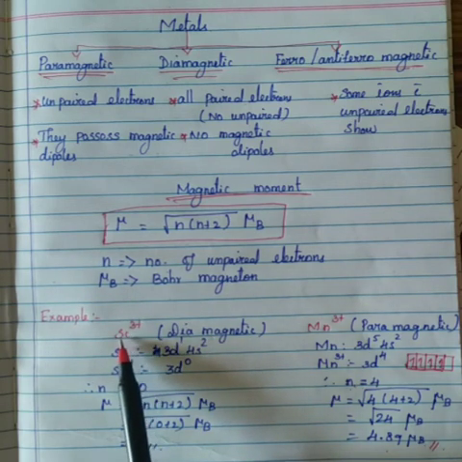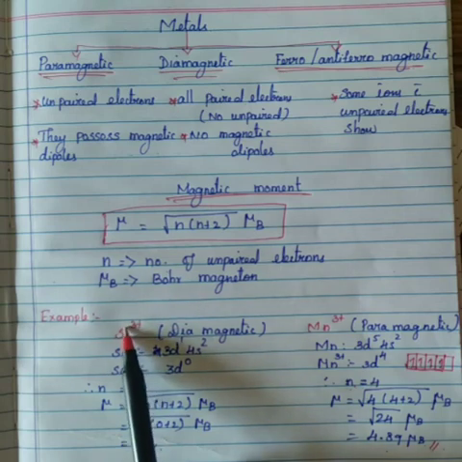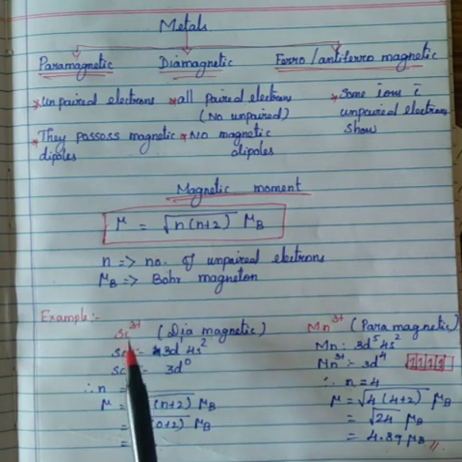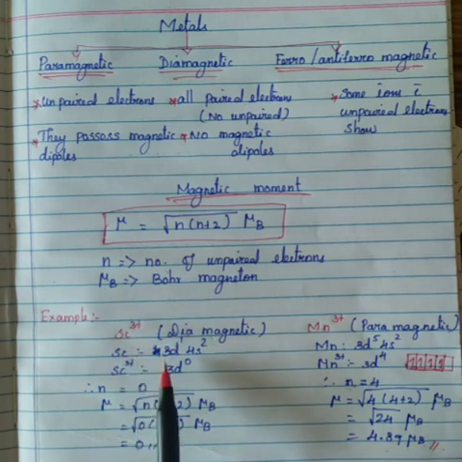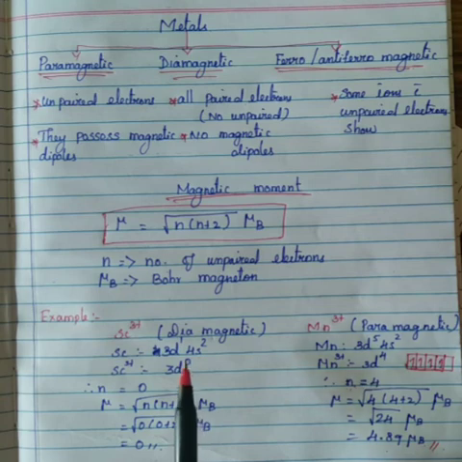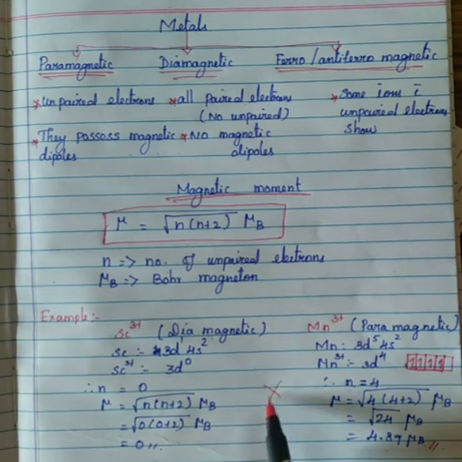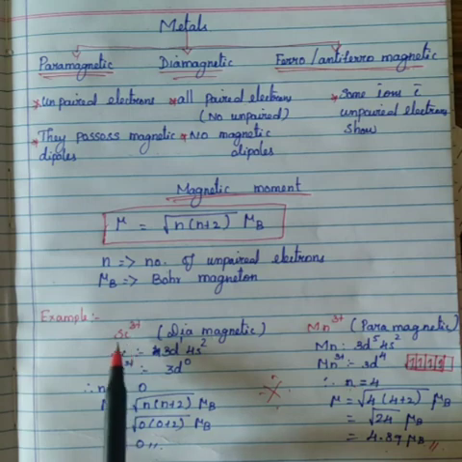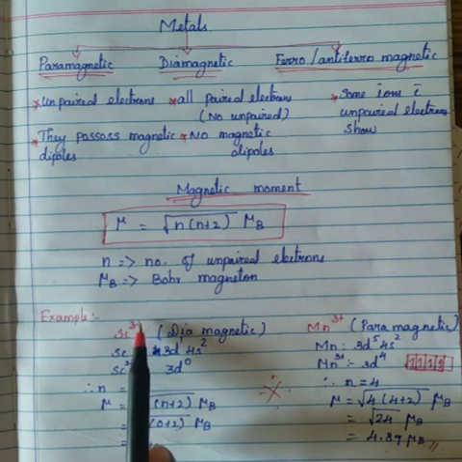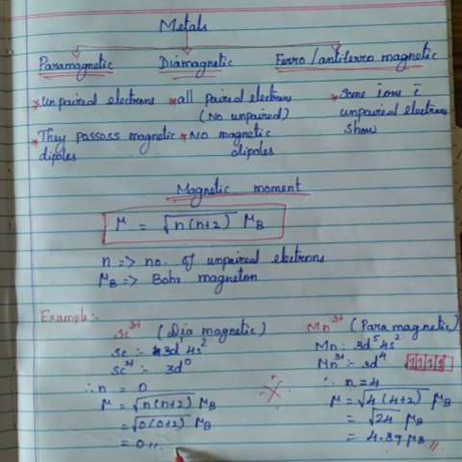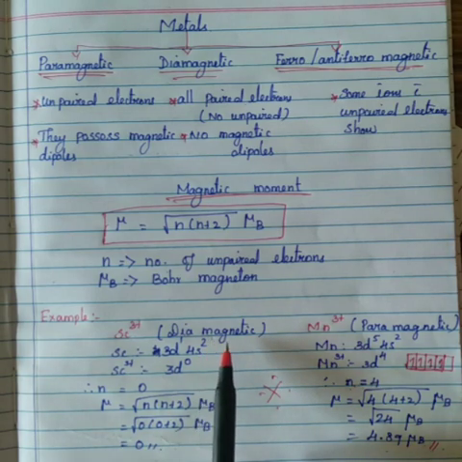So if they give scandium 3+, if you know the atomic number of scandium and its outer electronic configuration, you can find the electronic configuration of the given ion. So you have to go from the basics. Please understand the basics and study well. Don't mug this up; surely it will collapse you. This is a very important 2-mark and 1-mark question. They give any one element and ask you to find the Bohr magneton, or which type of magnetic it is.